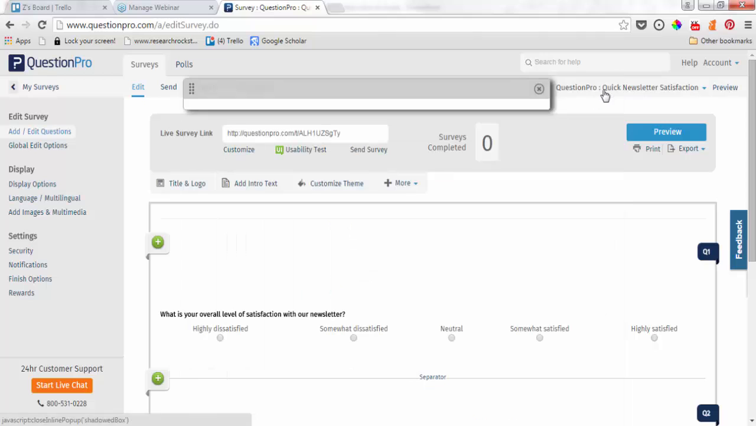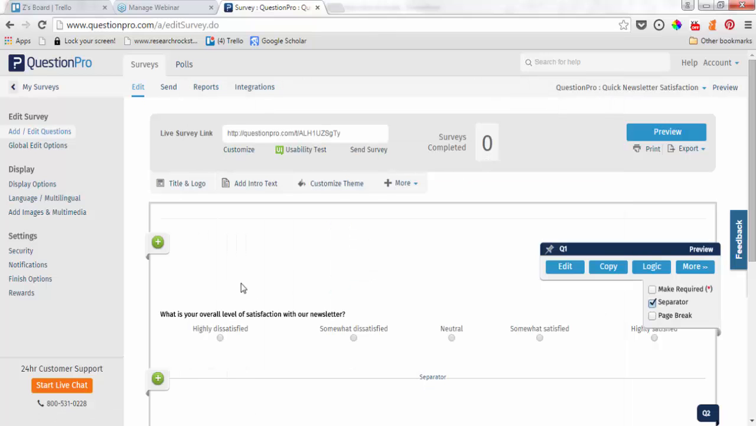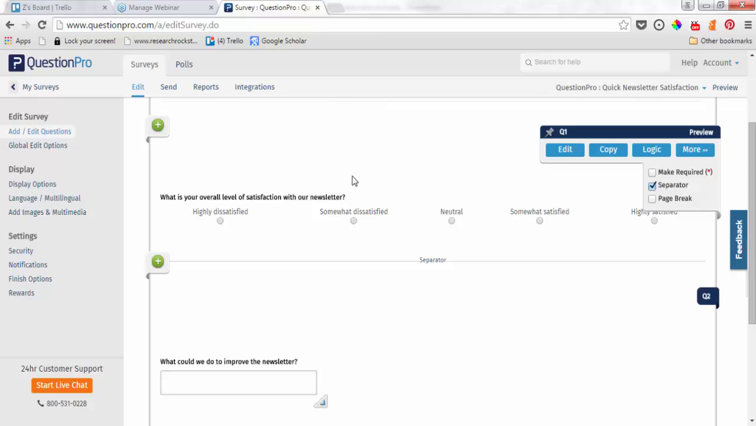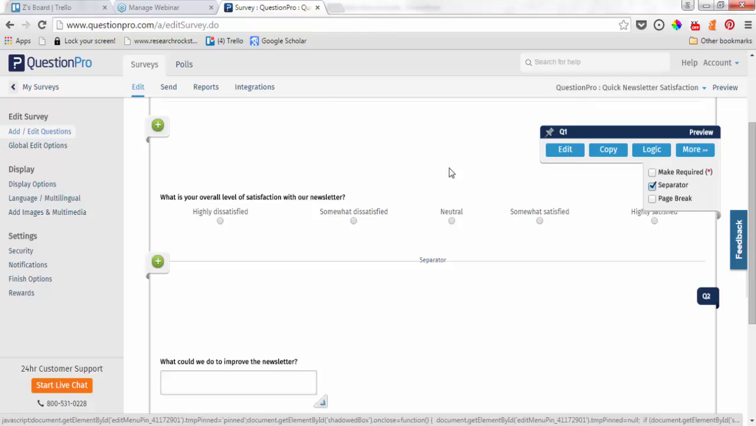All right, so we're going to close out of there. And now you'll see we're going to look directly at editing questions. In order for me to edit a question, I can do one of two things. I can click the Edit tab or the Edit button on the flyout menu. I can also